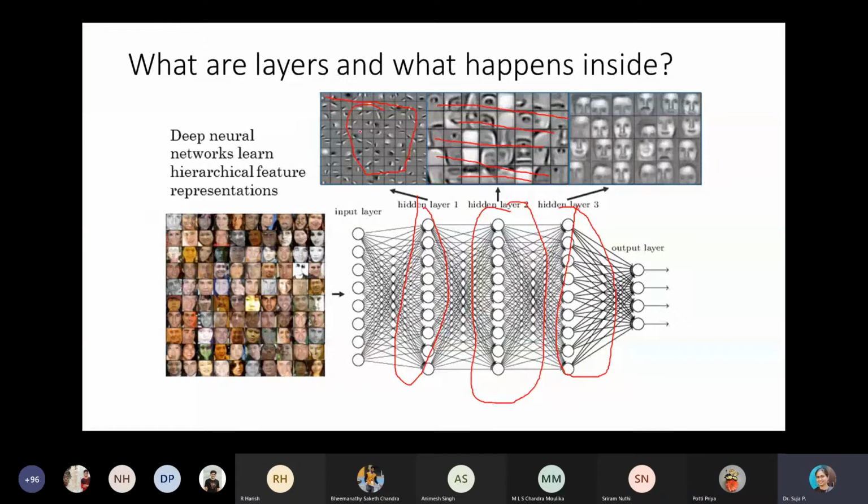So in the first hidden layer, it detects only a small portion, a vertical edge or a horizontal edge or a small region of an image. The second hidden layer detects a bigger region. The third hidden layer detects a much bigger region. By connecting all these, you will detect what it is.